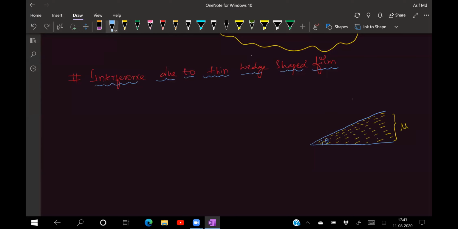What we are doing is considering a ray of light incident normally on this surface like this. A certain amount of light is incident on this surface, and it will reflect from the surface. This is nothing but the first ray. The other ray of light will undergo refraction, again reflect from the lower surface, and go like this.